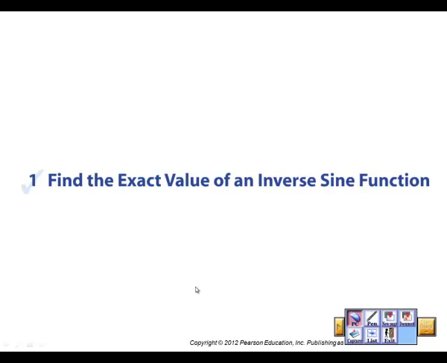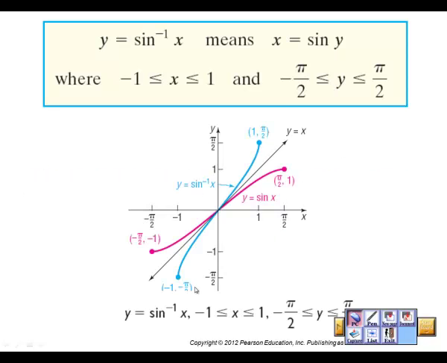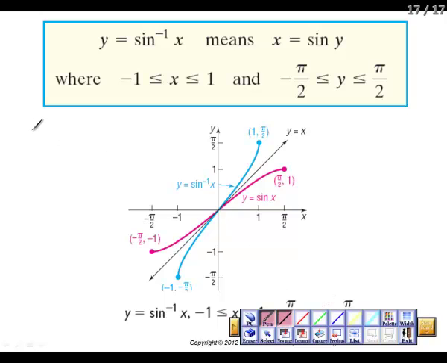We can see that y equals sine x has a domain of negative pi over 2 to pi over 2, and the range is negative 1 to positive 1. And the inverse, y equals inverse sine,